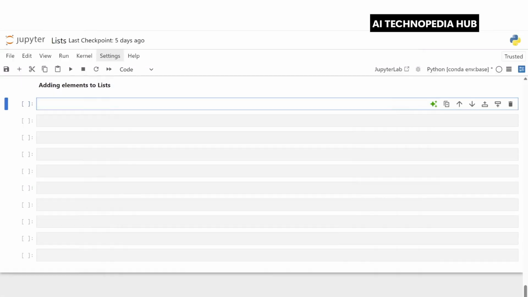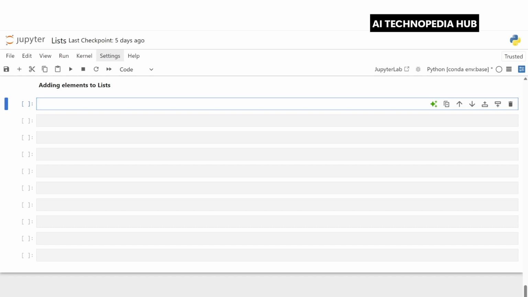We have already learned how to create lists and retrieve values using slicing and indexing techniques. We have also explored how to sort a list and modify its elements after creation. Next, we'll learn how to dynamically add new elements to an existing list instead of hard coding them at creation time. One method to add to a list is by using the plus operator, which joins two lists together just